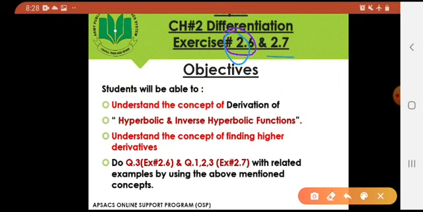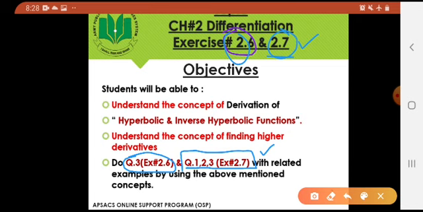Today we will be inshallah completing our exercise 2.6. One question of 2.6 was left, and then we will be starting exercise 2.7, which is very important for long questions from an examination point of view. But today the questions which we will be doing of exercise 2.7 are important for short, not for long, and we will be doing inshallah exercise 2.6 question number 3.